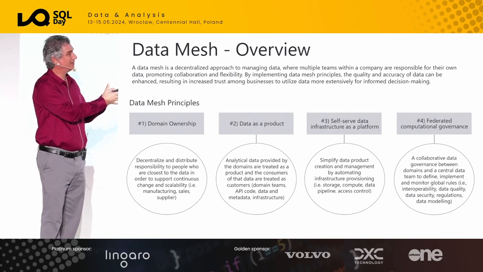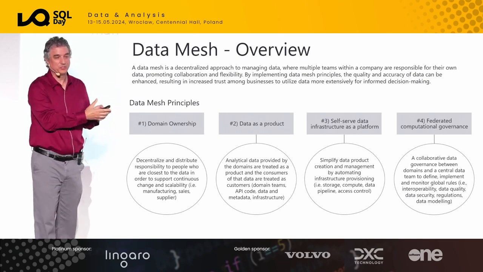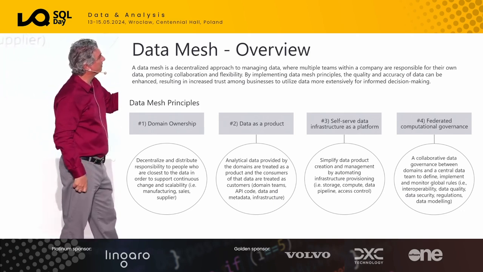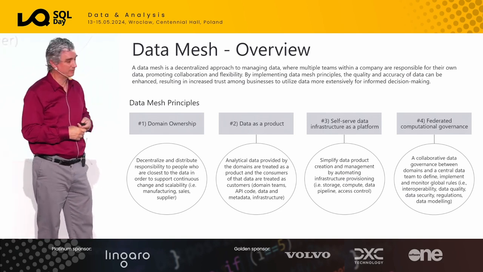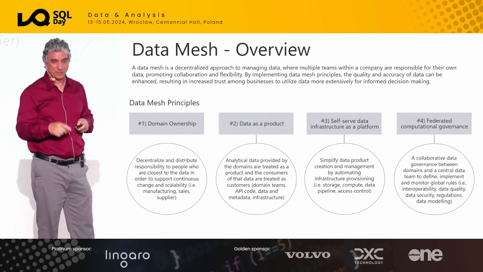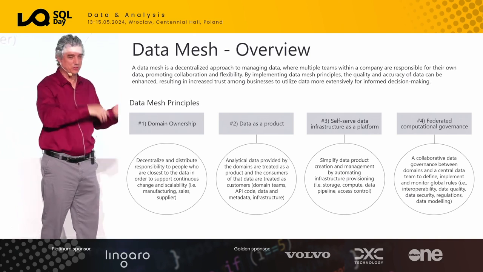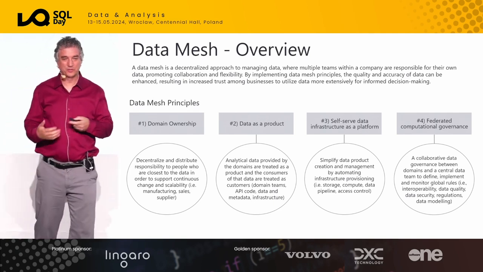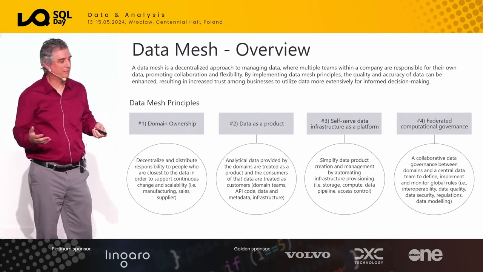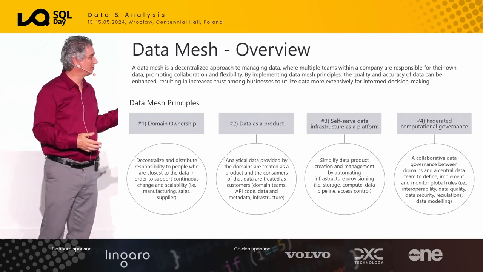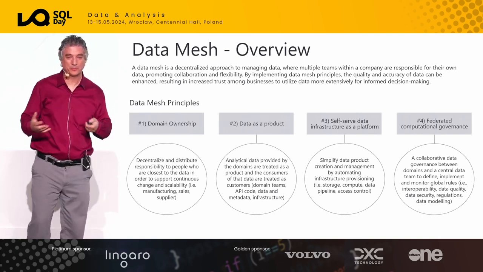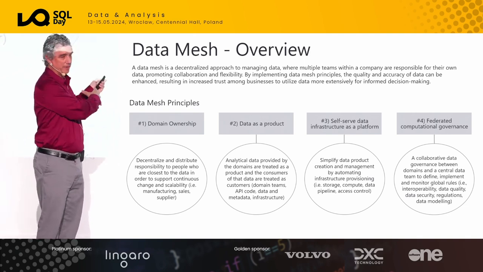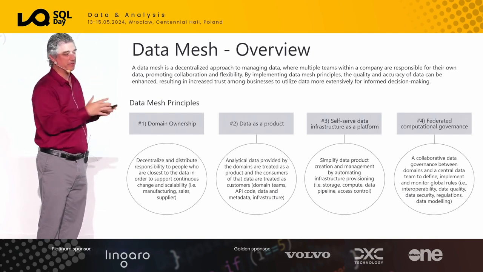So how can we shortcut these domains building the solution? Because there could be dozens, if not hundreds of domains. Well, that's what principles 3 and 4 are. Principle 3, self-service data infrastructure, is a platform. The idea is, ideally you have a script, you click a button, it says what's your domain name, and it goes and builds it all out. It builds out the storage, compute, ETL, security. Right? There's no product that does that, obviously, not even close. Most customers I deal with, they build something like that from scratch. They write all these scripts, and in the end, they're making it easier for those domains, at the very least, to not have to reinvent the wheel.